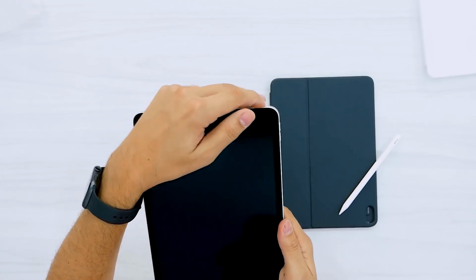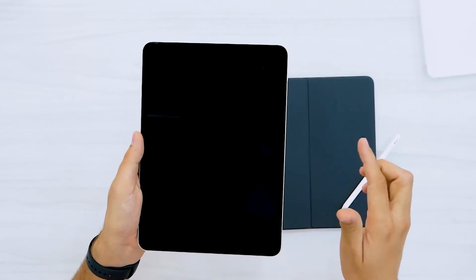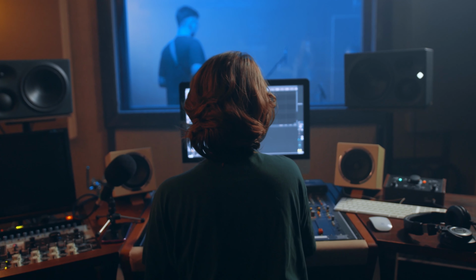If you want improved performance and some of the best features iPad has to offer, you should consider going with the iPad Air. In fact, up until about 24 hours ago, we would have recommended the iPad Air over the iPad Pro, but all that has changed with the new iPad Pro 2021. The new iPad Pro is a big step up from the iPad Pro 2020 model. Enhanced processing speed, enhanced camera functionality, speakers and microphones, and of course Mini LED wins the iPad Pro the title